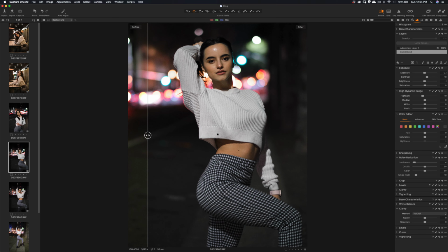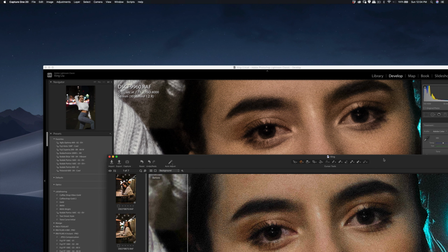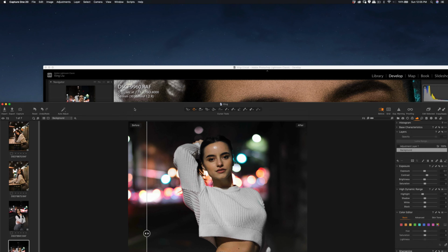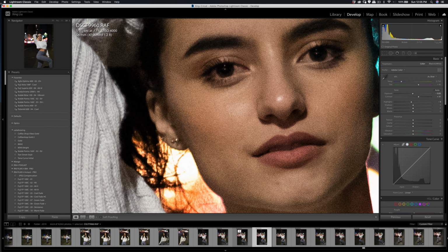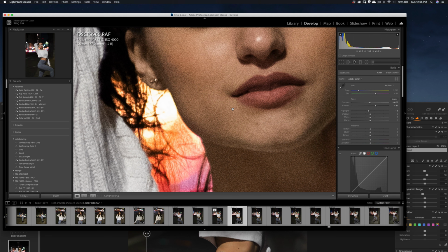But overall, let me see. Yeah, the sharpness for the capture ones is a little bit sharper, and the colors are good also. So I think that's why Fujifilm they collaborate with the capture one to talk about the algorithm to update the raw files. So before, I think they know more about the algorithm than the Lightroom people, like the Adobe people. But anyway, so this is just a test